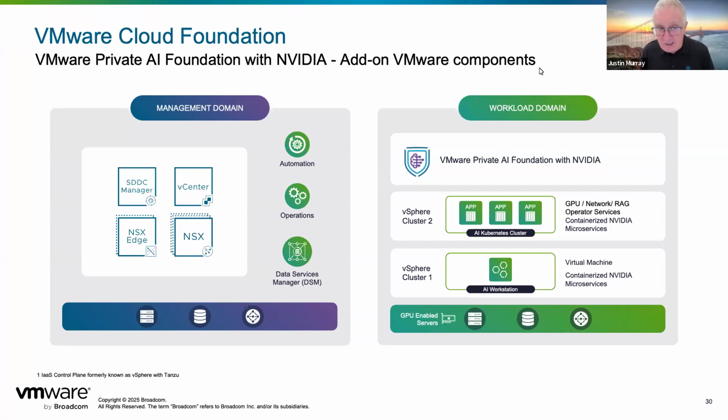Typically, we ask you to have 4 servers for the management domain and 3 servers for a workload domain, but you can consolidate that down to a smaller number of servers, and we've seen customers do that successfully, the consolidated design. So that's the target here, is to be able to provision these AI workstations and Kubernetes clusters in very rapid order so that the data scientist is not held up dealing with infrastructure and that they go straight to their work in data science.